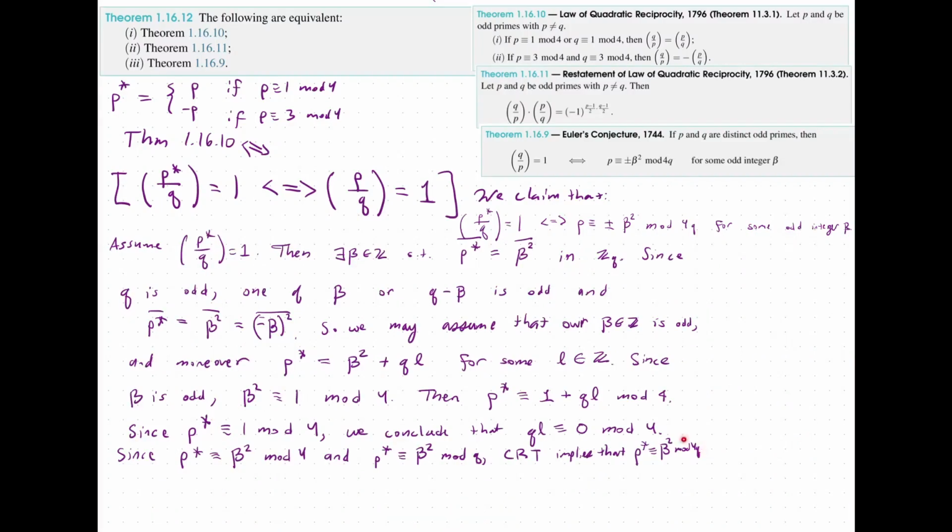And now we are essentially done, because of course we have our p star, but we know that p star depends on the congruences on p being 1 or 3 mod 4. So let's come back to those definitions. So therefore, p is going to be congruent to beta squared mod 4q if p is congruent to 1 mod 4. But if p was congruent to 3 mod 4,